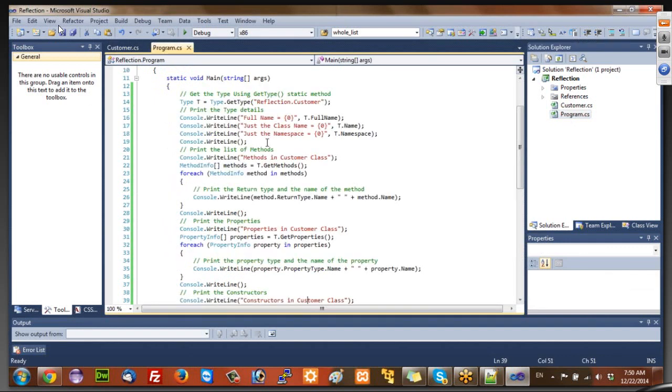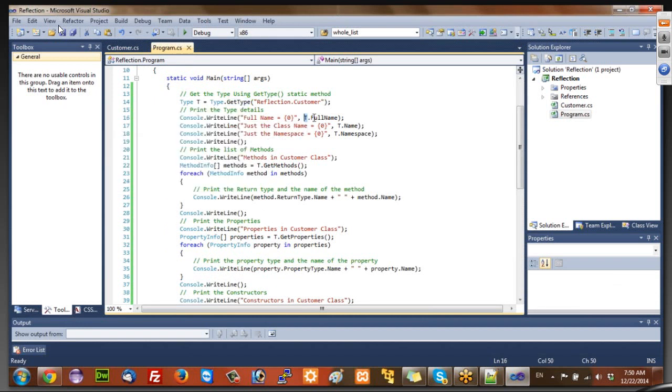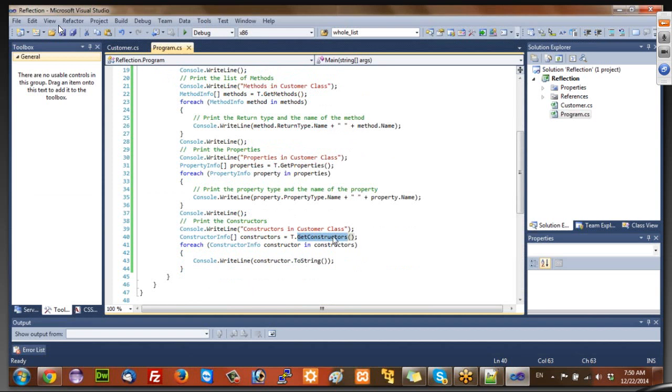And how to get reflection APIs? First call get type, and now on that type you have APIs like full name, namespace, get methods, get properties. Okay, same way you have get constructors. So these all APIs are self-explanatory, I mean, they tell what they do. And when I execute this,